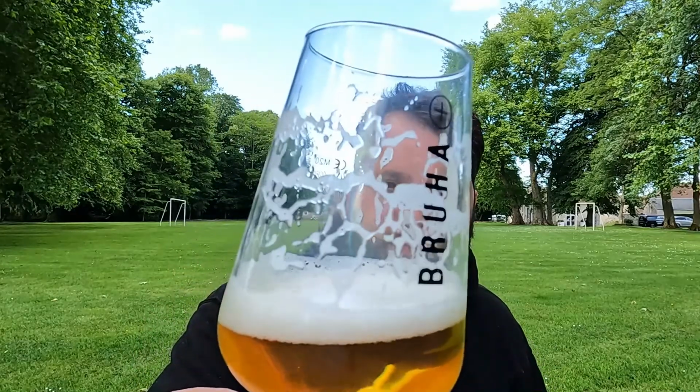Definitely tell there's a champagne character to this beer, 100% from that champagne use. I mean, the beer looks great. I mean, the condition of the beer is fantastic. If I ever drink wine, which is rare, I'm normally all about the beer, but I normally would take a medium wine over a dry. So this doesn't really suit me in terms of where it is in the wine league. Beer wise,